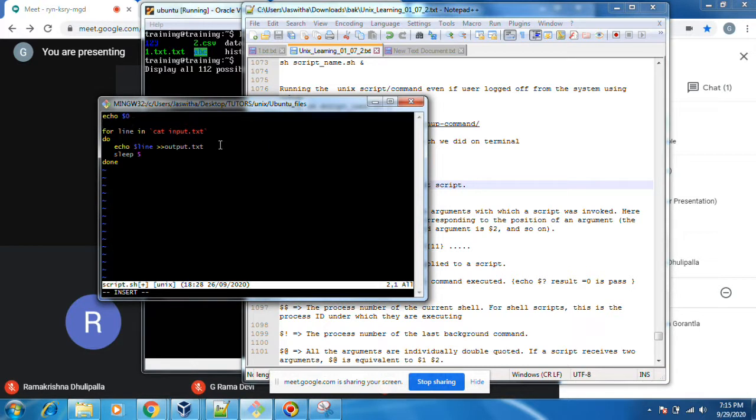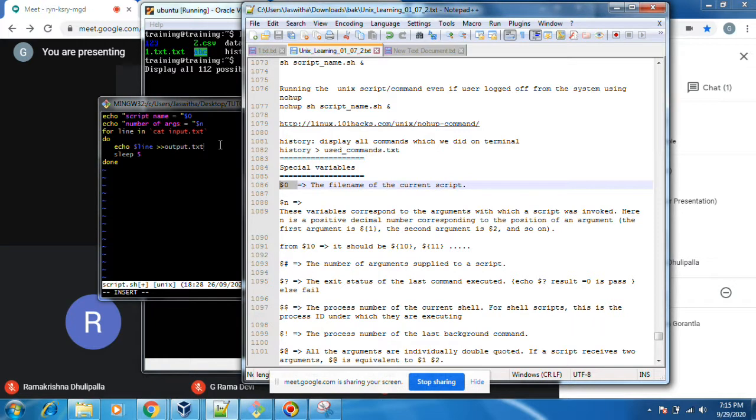$# means the number of arguments. You can write number of arguments equal to $#, something like that. $n means the variable corresponding to the argument with which the script was invoked. $# is the number of arguments.